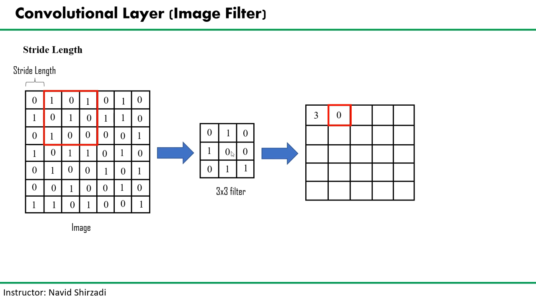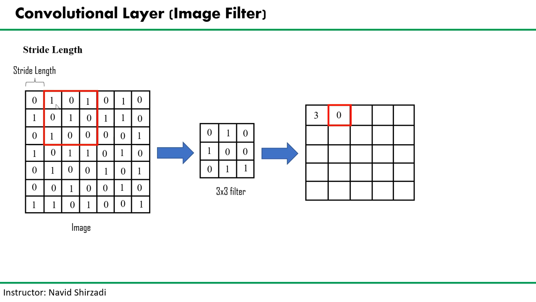And you can see that at the end, the summation of all these multiplications will be 0 again. So we put 0 here. So this stride length is actually very important for us. So remember this term, stride length, is actually the length or size that we want to jump between the